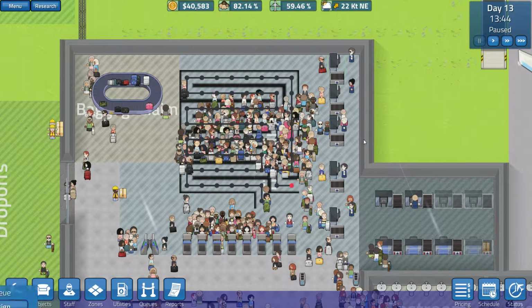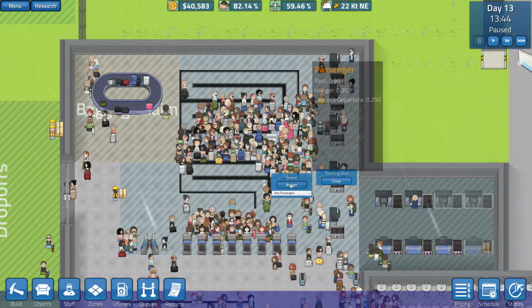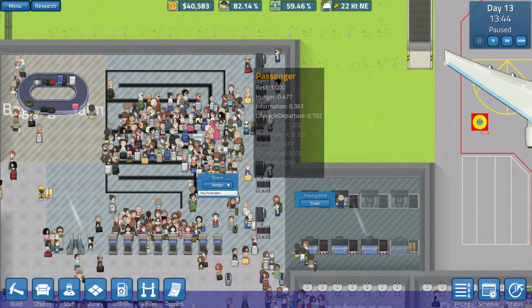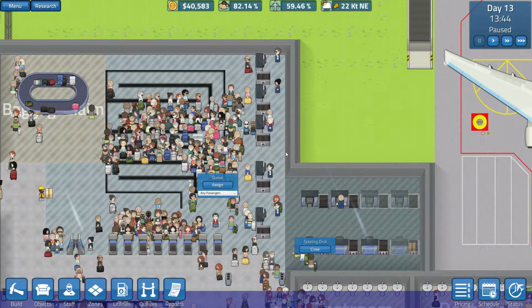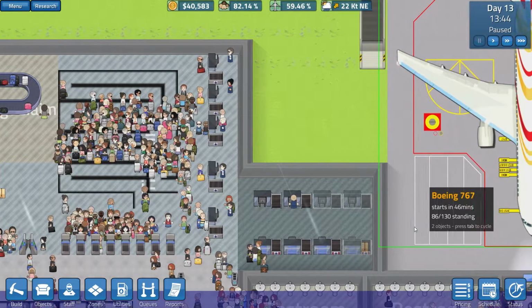Now I need to go through and I need to assign all of these. Assign 2. Assign 2. Assign 2. Assign 2, assign 2, assign 2, almost there, just a few more, and this one cannot assign to up there. Well, that's